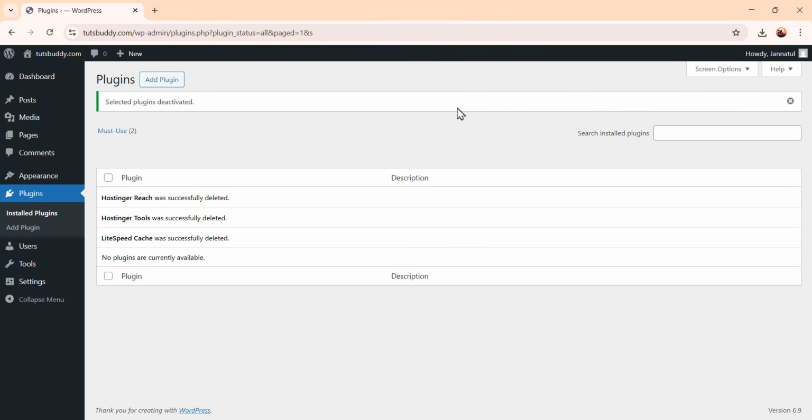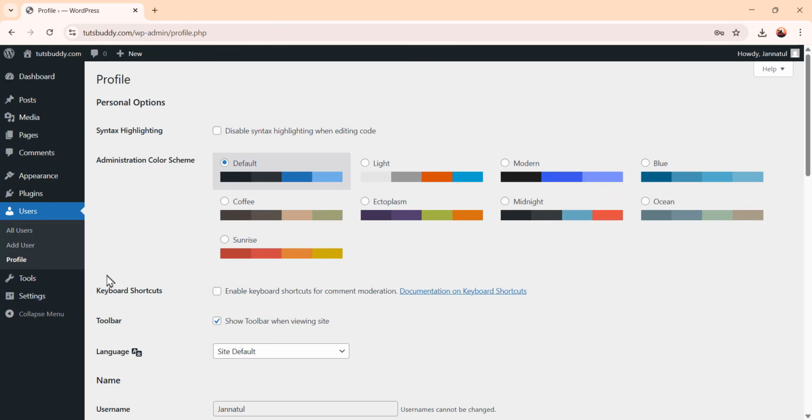As you can see, all the unnecessary plugins are being uninstalled. So we have cleaned our plugin space. Now let me show you some basic settings, like how you can change your username and password in this WordPress. So if you hover over this user option and click on this profile, from here, first of all, you can